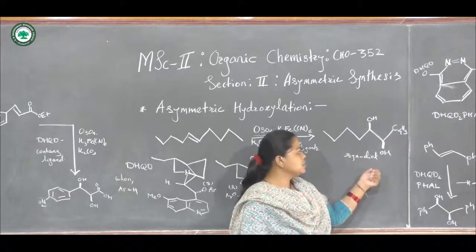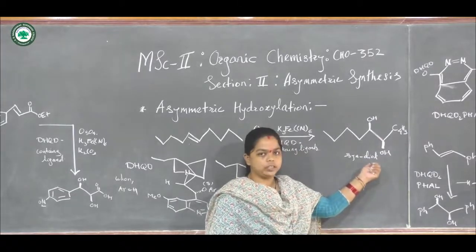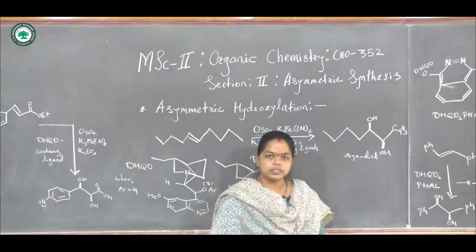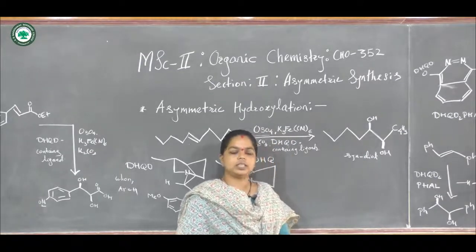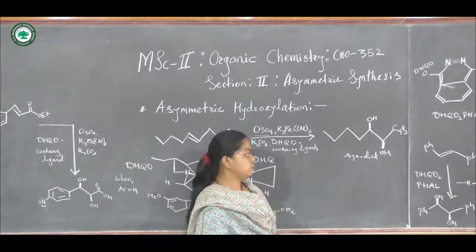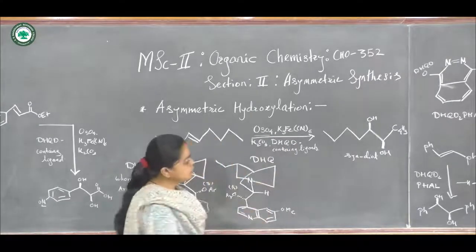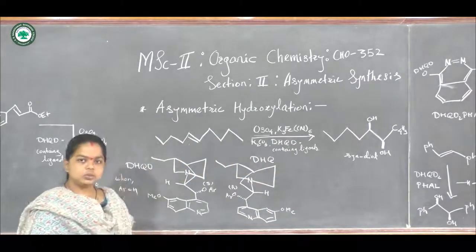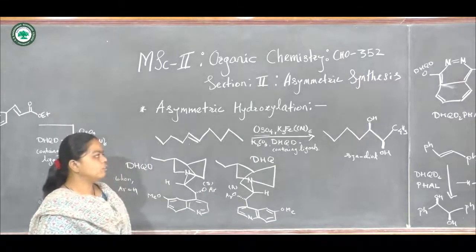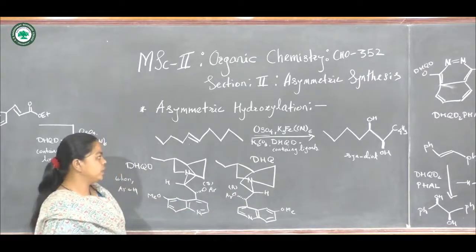So we are getting the syn diol here, and in the diol formed, the beta oriented OH groups are present here. We are not getting the alpha oriented OH group, only the beta oriented OH groups, or the syn diol is obtained. So this is the single enantiomer we are getting. A number of chiral ligands can be used in this type of synthesis, but the specific example given is DHQD. Now let us see the structure of the DHQ and DHQD.